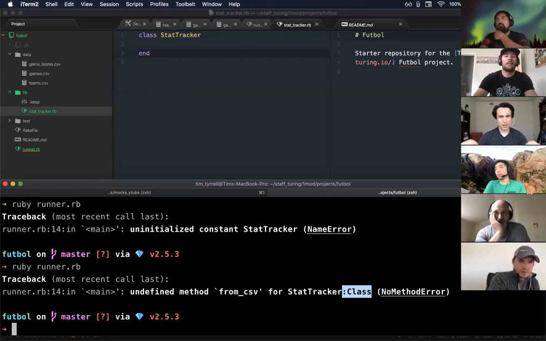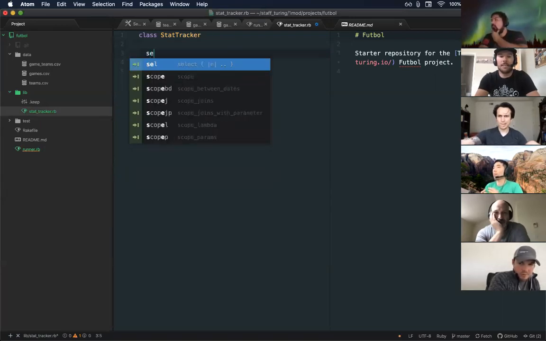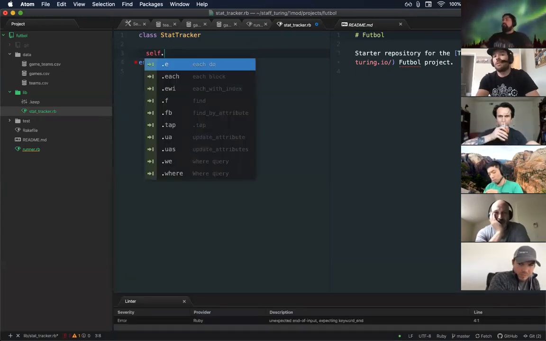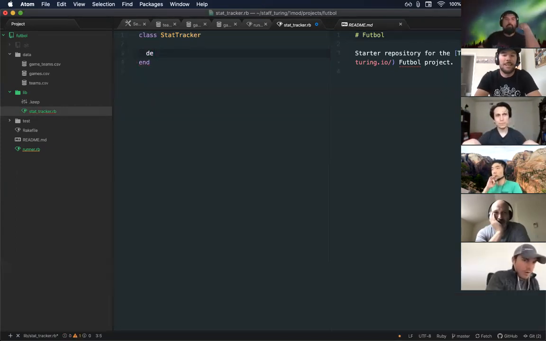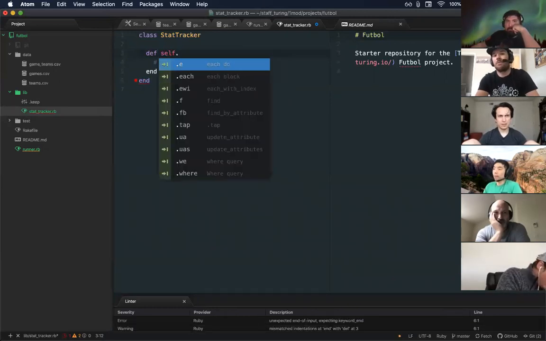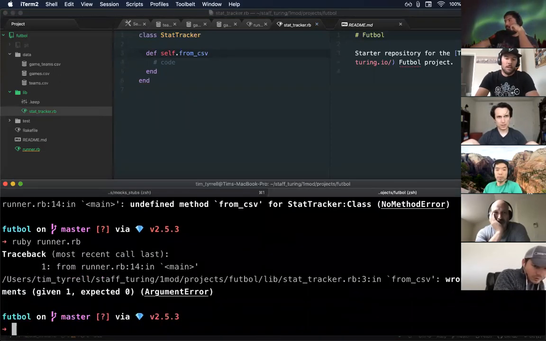So I'm going to help you all out here and show you the way this should look if I'm defining a class method: it's def and then self dot whatever I want my method to be. So in this case, it's from_csv. Cool. Got past that error.